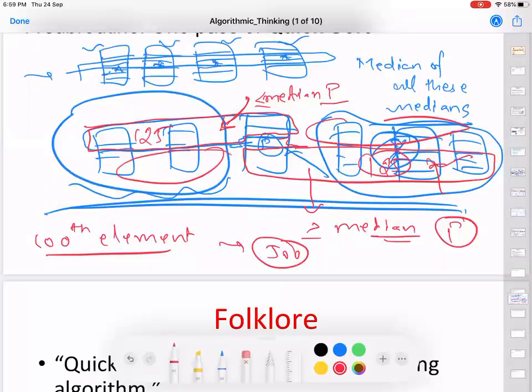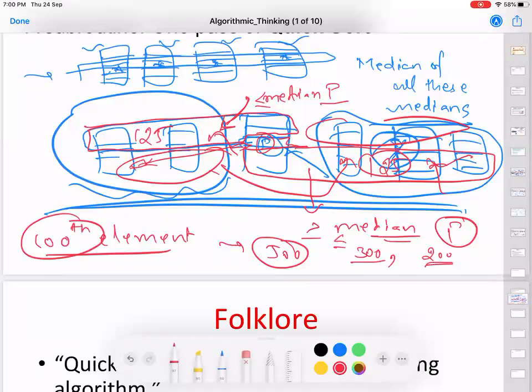So what I can do is take these elements one by one and compare them with the median P here. Some of these elements would go to the partition less than this P, and some of them would go to the higher partition where the elements would be greater than P. So let's say after doing this task, I have 300 elements in the less than partition and 200 elements in the higher partition, and if you ask me to find the 100th largest element,